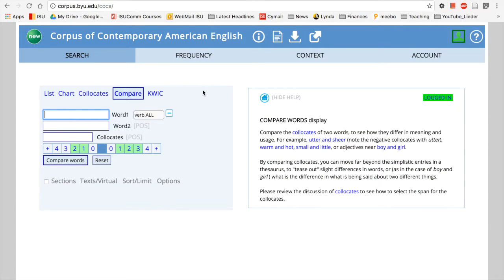Okay, the next function that I want to look at is the compare function. This is a really good function when you want to look at two words that are similar, like synonyms, but see how they're used differently. So a classic example will be big and large. If I type in the word big, and then the word large, and then I put in my wild card for collocates, I can click compare words and see what types of words collocate with big